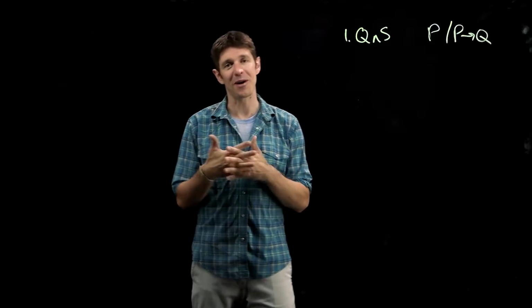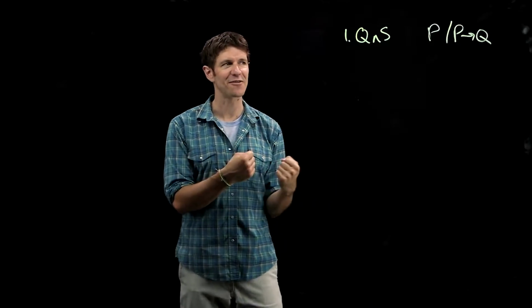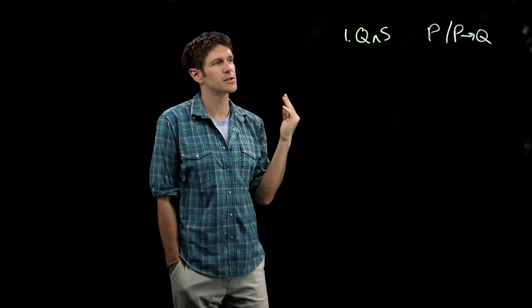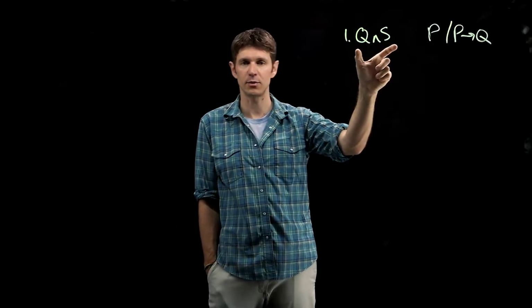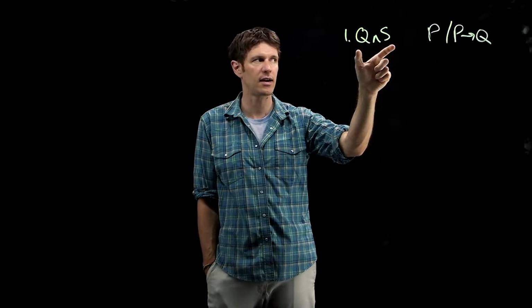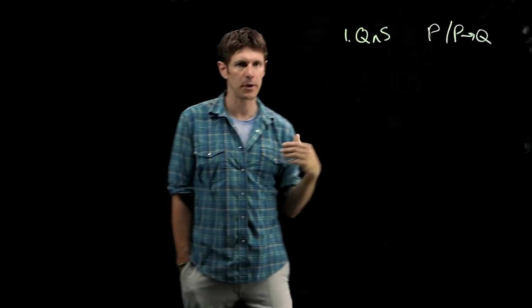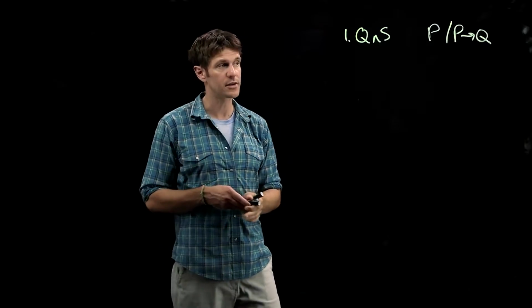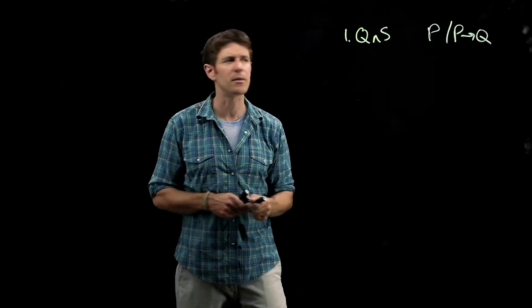Okay, hopefully you paused the video and did your best effort to try to solve this. Let's check our work. So we have a proof which has one premise, Q and S, and the conclusion is P right arrow Q. All right, so we might start this proof by just looking at the premise and saying, you know what,